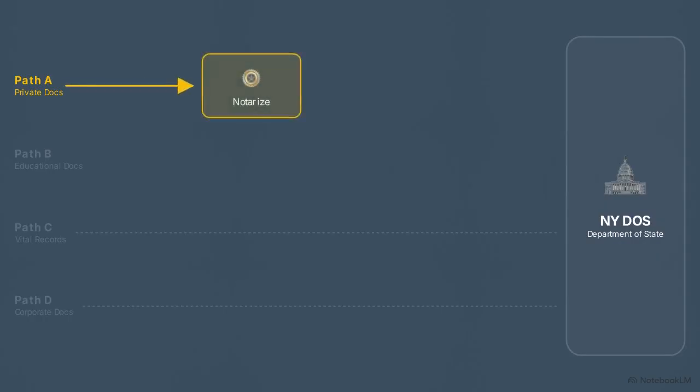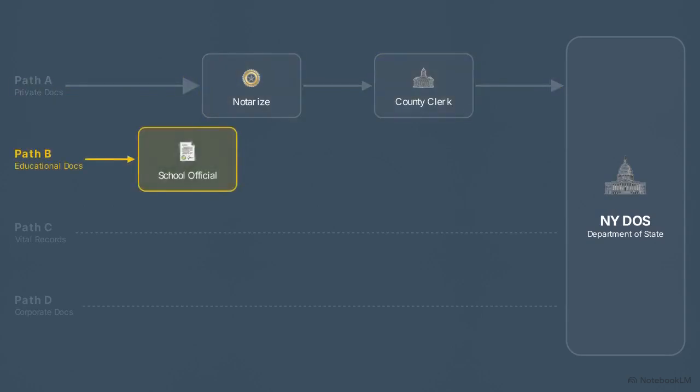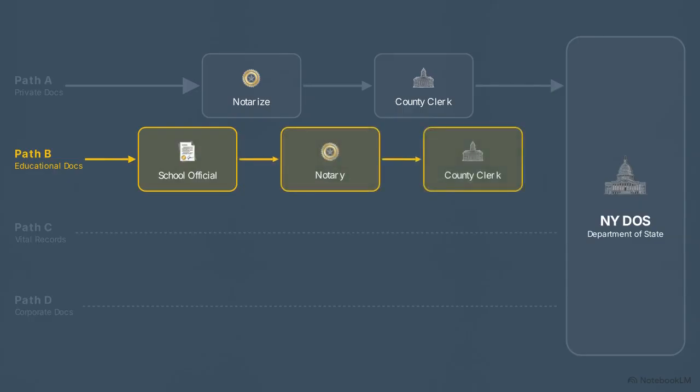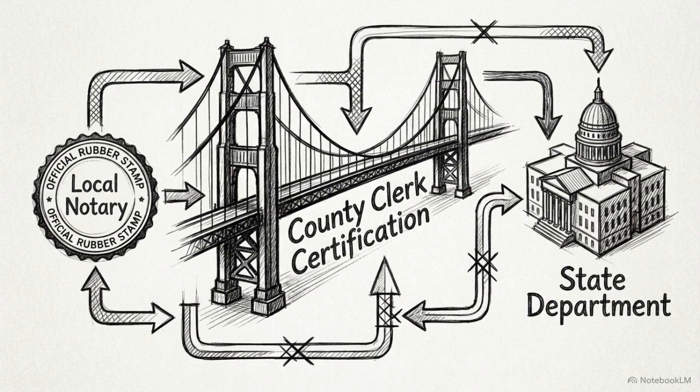This master decision tree shows 4 precise paths to the Department of State. Path A covers notarized private documents, like affidavits. You notarize the document, get county clerk certification, and submit to the state. For county clerk certification, the notary signature must be on file locally. Path B handles educational documents. A school official certifies it, a notary signs, the clerk certifies the notary, then it goes to the state. In both private and educational workflows, the county clerk certification acts as the mandatory bridge connecting the local notary to